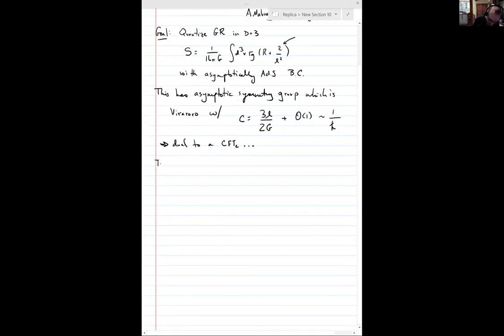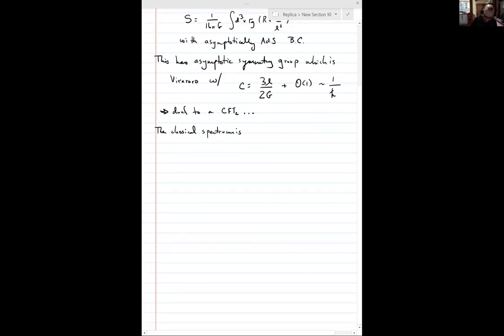And first, what I'd like to do is just talk classically. So the classical spectrum of the theory. So I'll just draw the spectrum for you in a picture. And what I'd like to do is draw the states in a 2-dimensional picture, where I'm going to label the states by their energy and angular momentum. So in the conformal field theory language, I'm thinking about